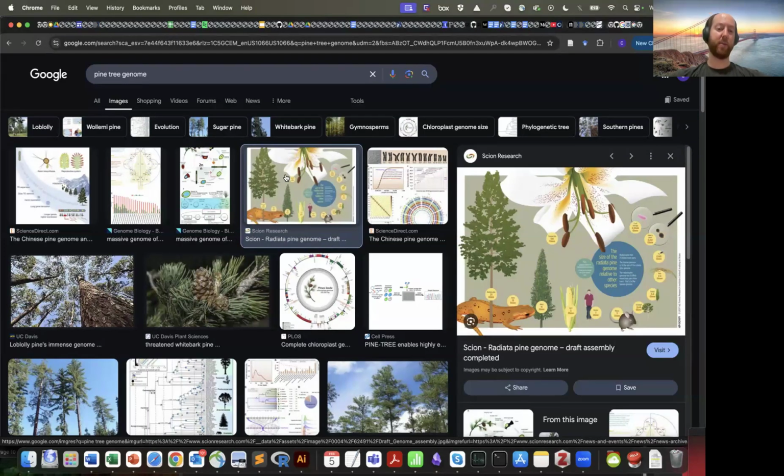But that doesn't mean that, for example, the Chinese pine tree is therefore more complicated. And it doesn't really mean that there's a lot of switches going on. When a genome becomes that big, it's because there's a lot of these dead switches that are just copying themselves, so there's a lot of inactive regions of DNA that are just extending themselves and copying themselves. They're inactive in terms of function, but they do copy themselves at certain points in the life cycle, and so that essentially is why you have such massive genomes